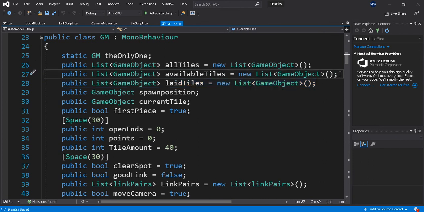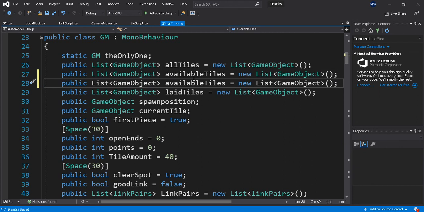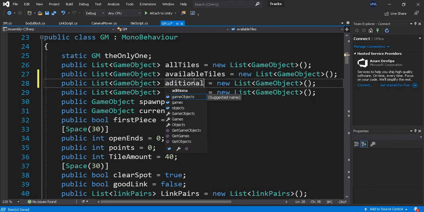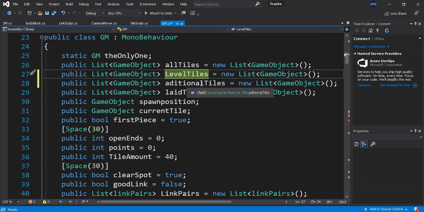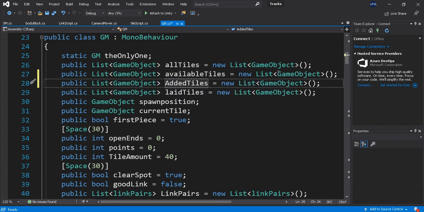So one of these. So available tiles, and it's got level tiles and purchase tiles. No, available tiles. But this will be purchase tiles. Are added. Save. Alright, so I've got added tiles, available tiles,